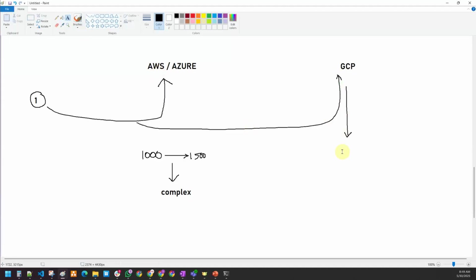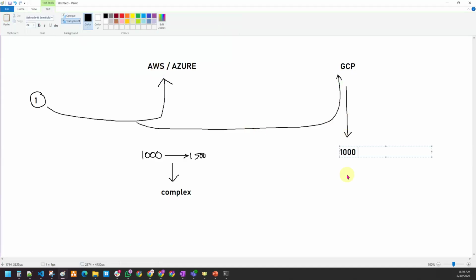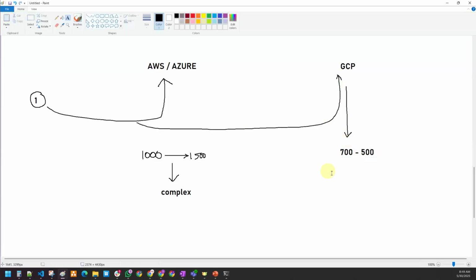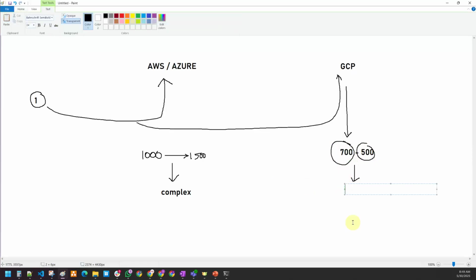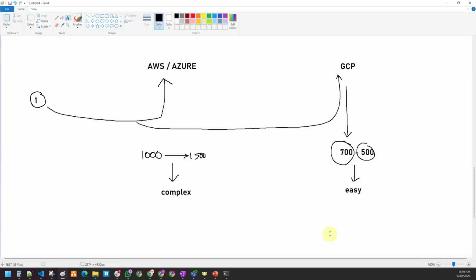For GCP data engineer roles, there are around 700 jobs, because the market is smaller, but only around 500 professionals are applying. So there is huge demand for the GCP data engineer. Getting the job becomes easy here. You can easily get into GCP data engineering.